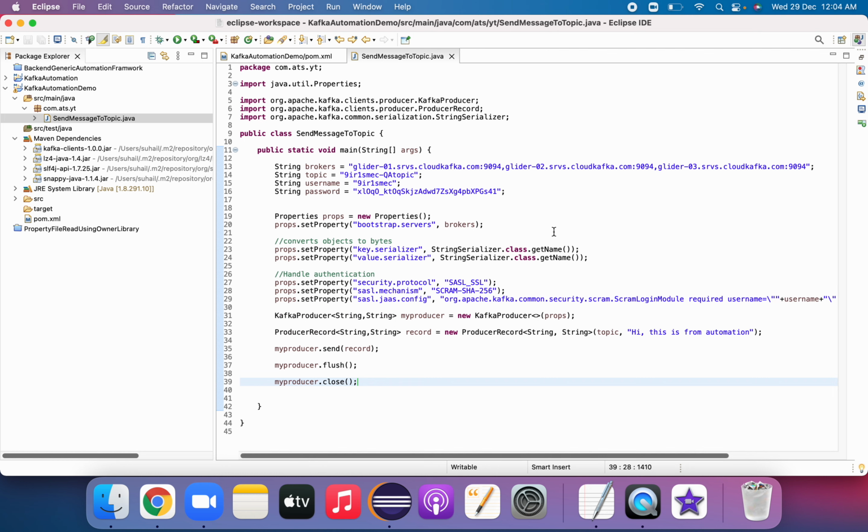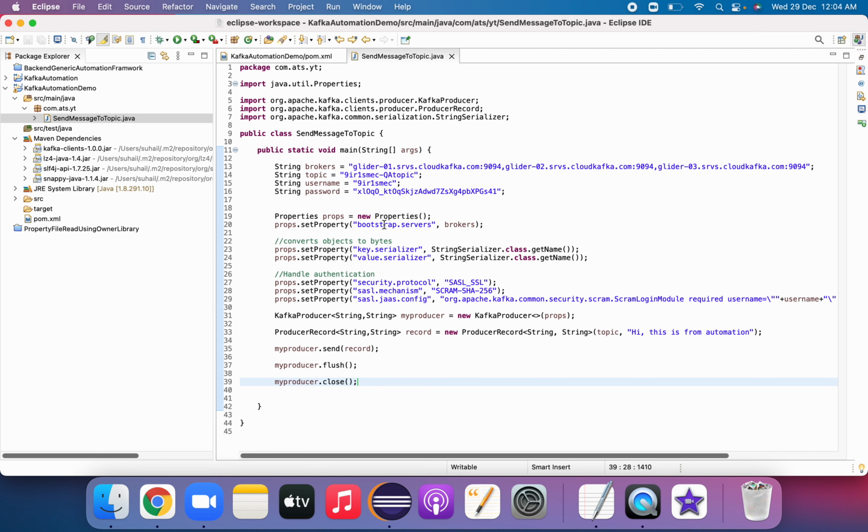So let us verify our code, and then we'll see how it goes. We'll see if it works or if there are any issues. So let us verify our properties. It's bootstrap.servers, we have given the brokers, and key serializer, StringSerializer.class, value serializer.